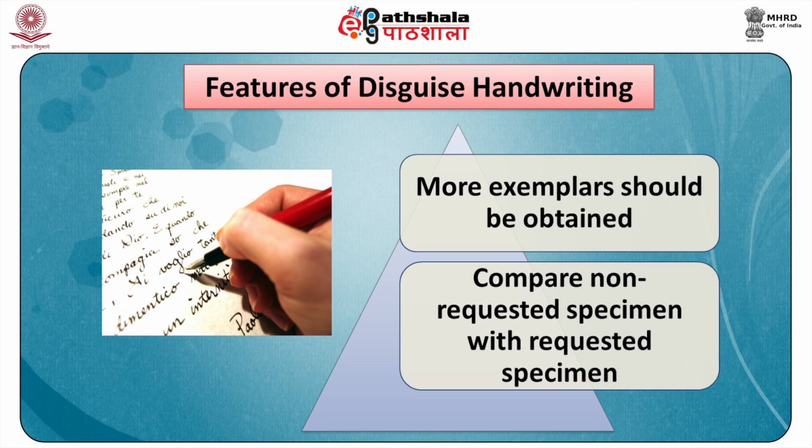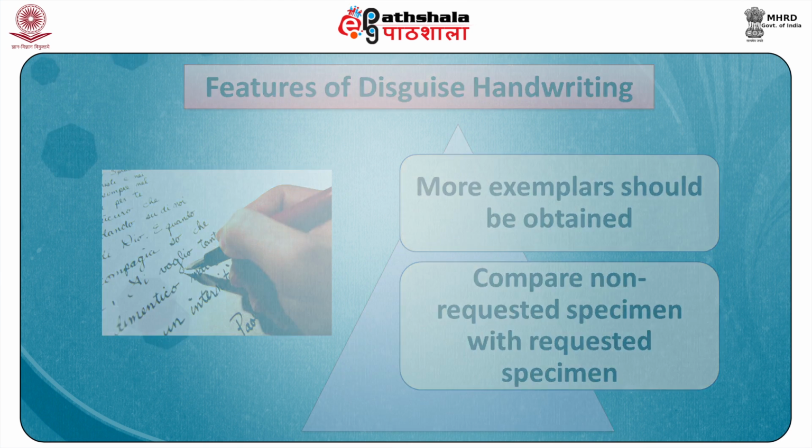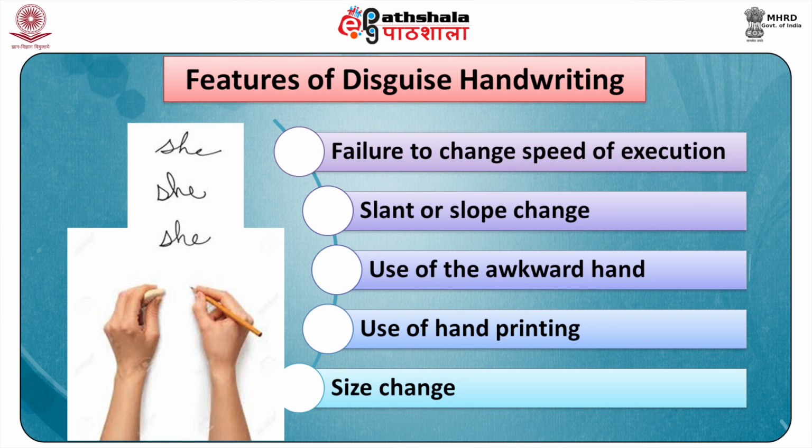These will enable him to see if there are any obvious differences between these collected specimens and requested writings. When most persons who are giving a disguised specimen are confronted with a naturally written specimen, they will discontinue the attempted disguise. More or less of the features often found in disguised writing that were identified by Ed Alford are: